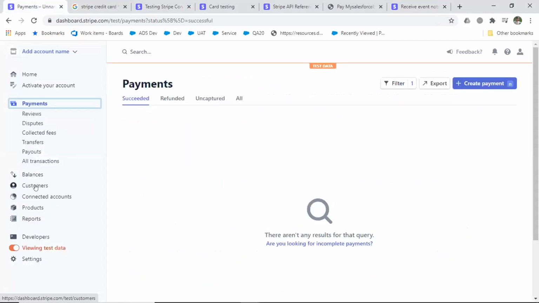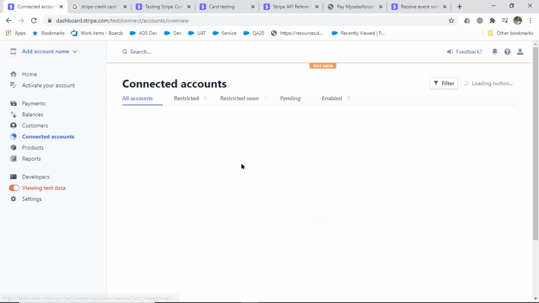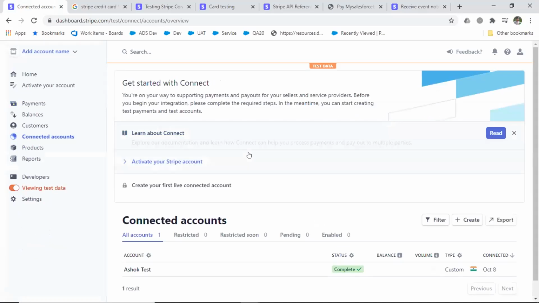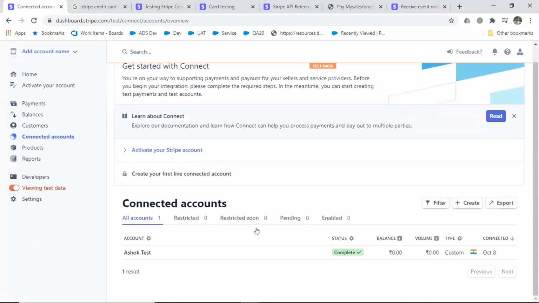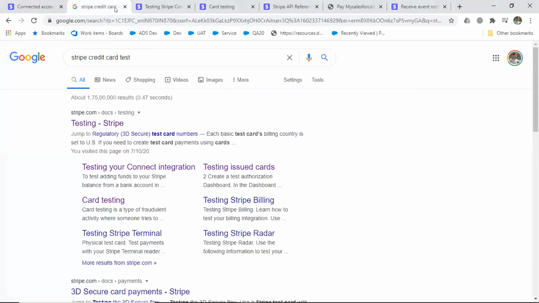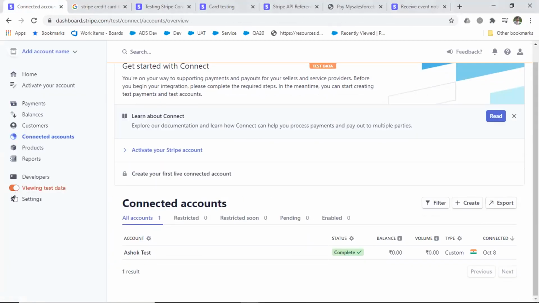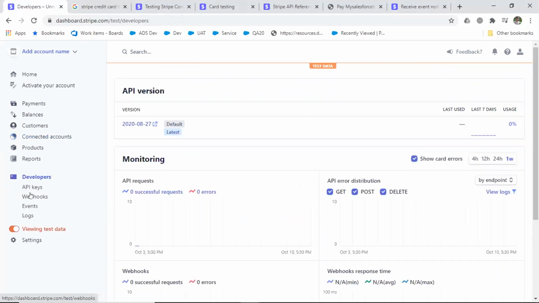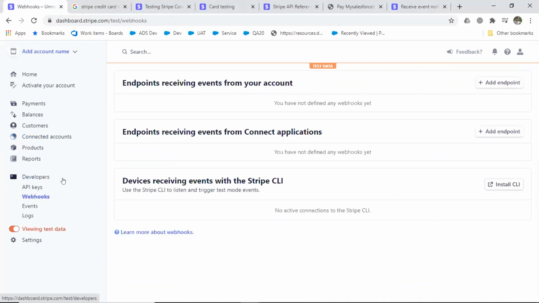That connected account. Yeah. Can you hear me, Ashok? Yes, I can hear you. Okay. So I think that option is there in webhook. If you open that webhook endpoint, if you go to developers, there we have the option webhook, and there all these events are available. So we can define the endpoint as well as the events, what are the events which we want to send to Salesforce.